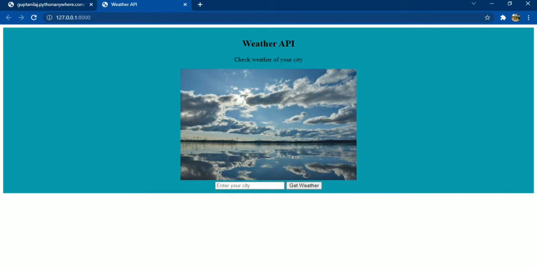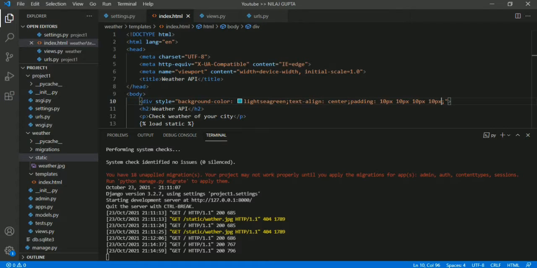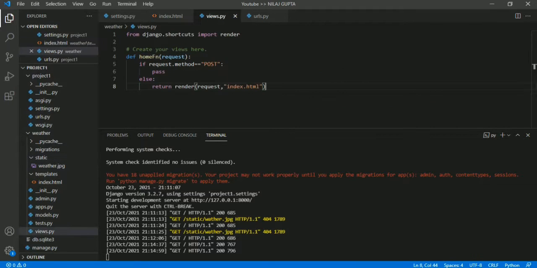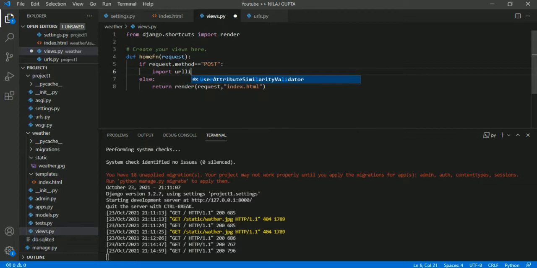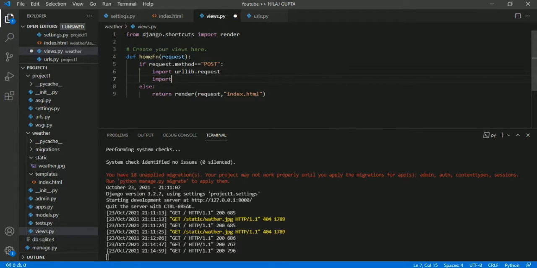Now let's create the view for the post method. Here you have to import urllib.request and json.